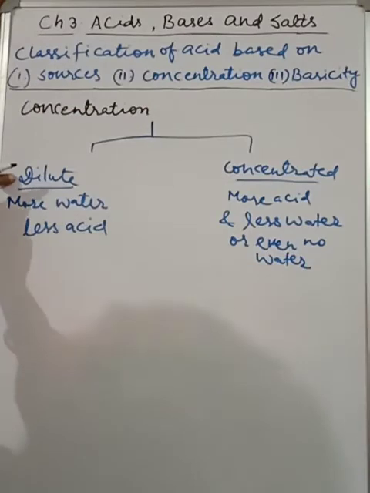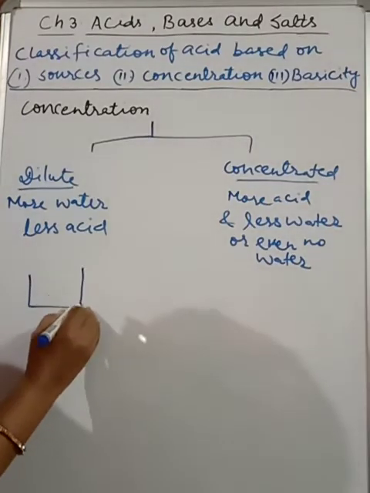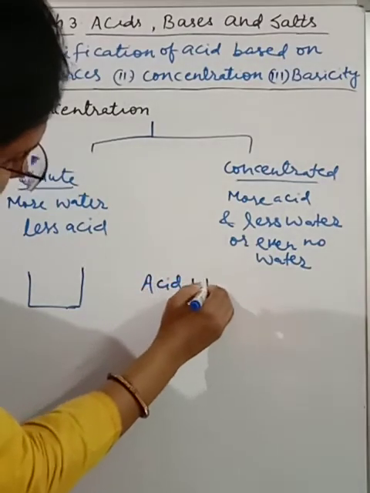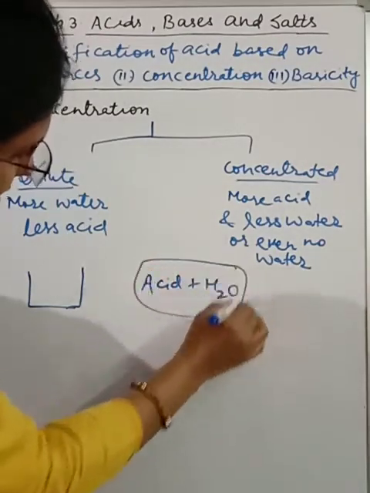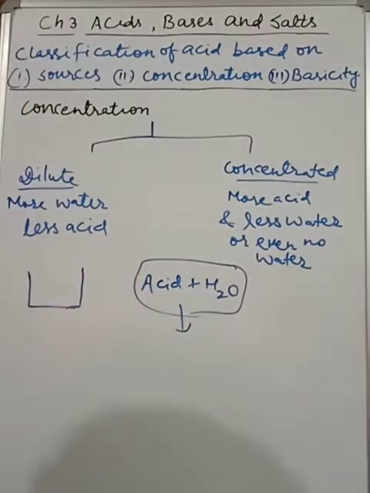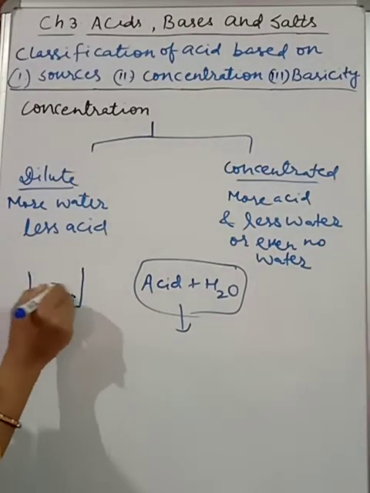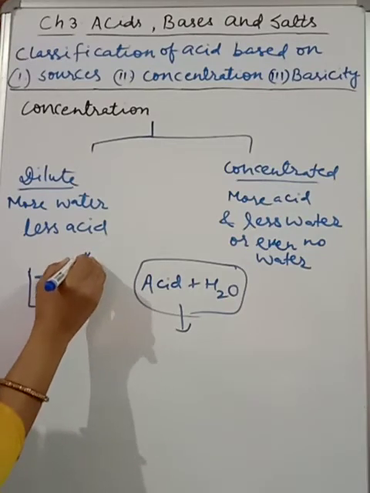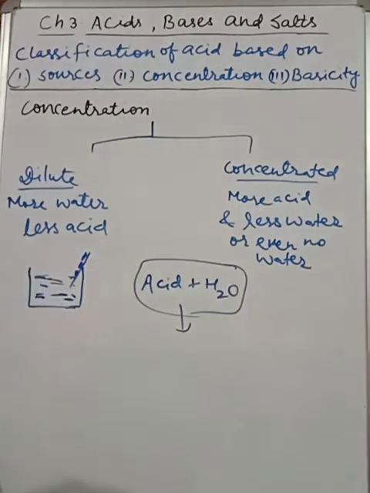Now a very important part is there, children: how dilution of an acid is done in the laboratory. For this you have to understand one point. For dilution of acid, you know that acid plus water, by adding these two only we can dilute. But how can we do it? Can we add water to acid? No, we should take water in a big trough or container, and with the help of a glass rod we are going to pour acid dropwise into this container, with continuous stirring.